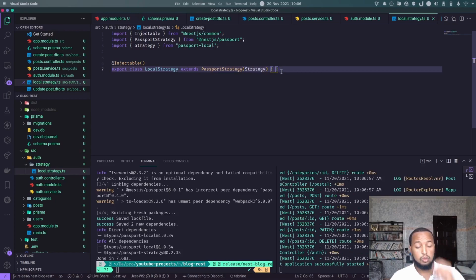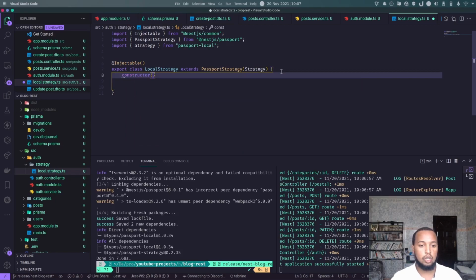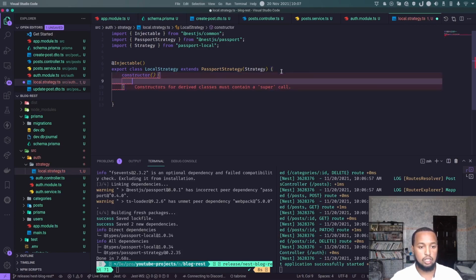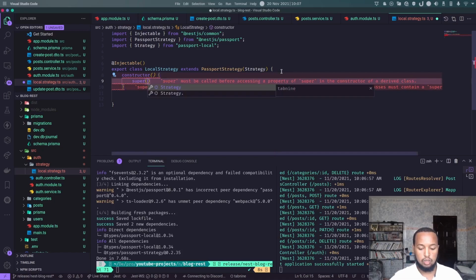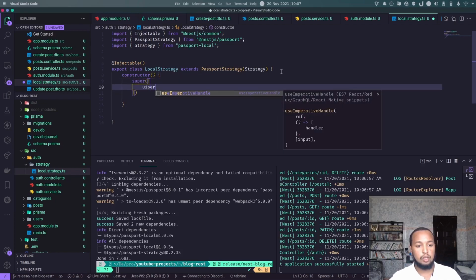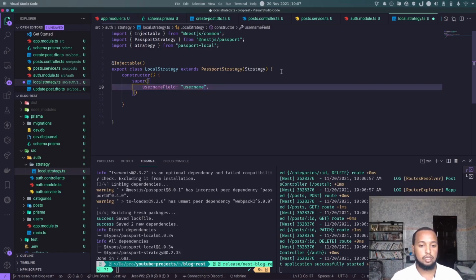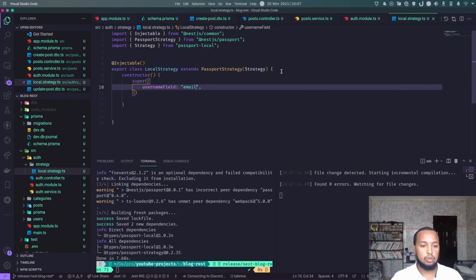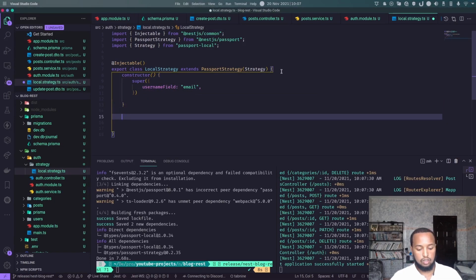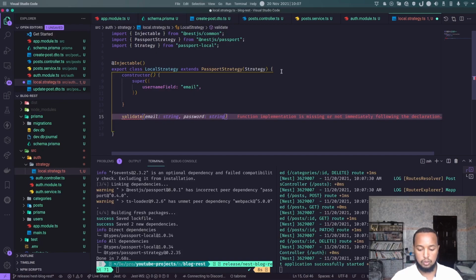Now the next thing would be, we have several functions that we have to finish, but first we'll set up our constructor here. What we are going to do is change how the strategy works, and what we are going to change is we won't be using username, but we are going to use the email instead. So that's what we are going to change here. Now another thing, we have to use a validate function here, and in here we are going to ask for the email and the password itself,